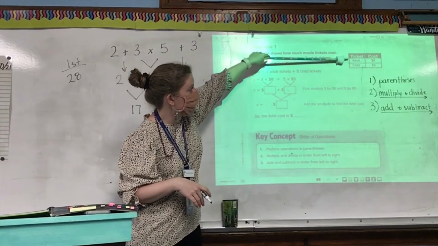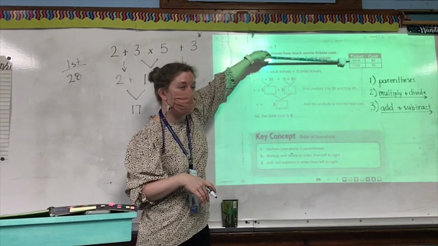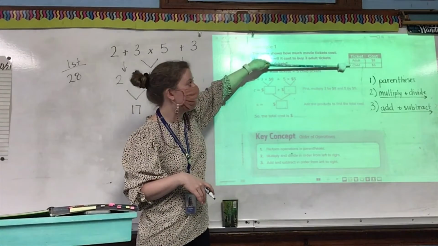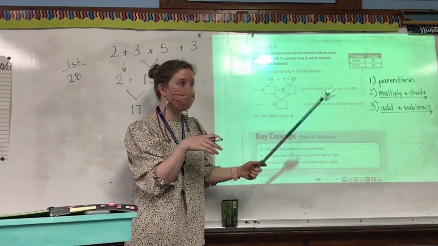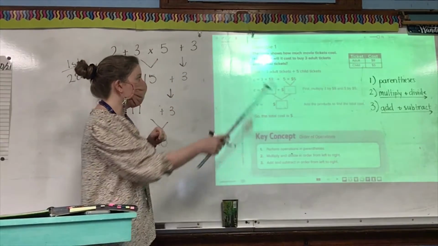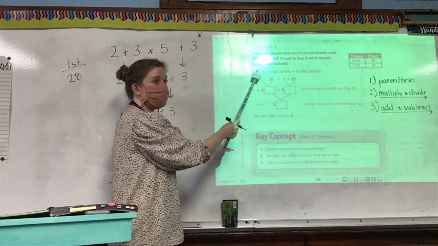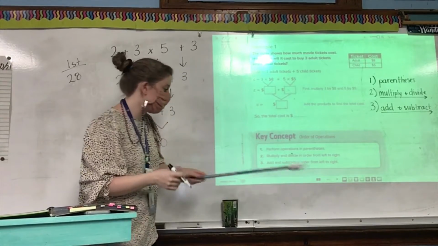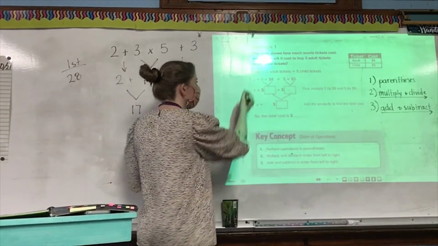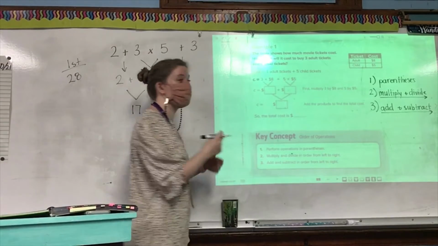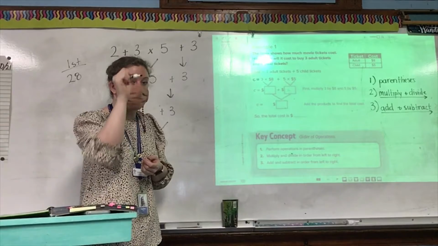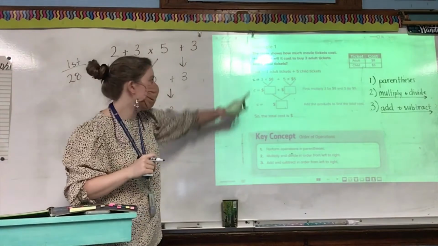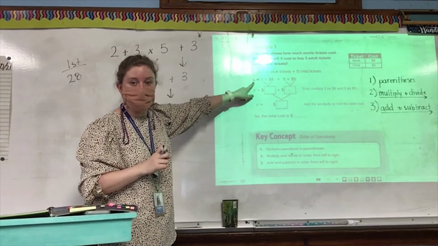That means we are buying 3 of these adult tickets at $8 each, and we're buying 5 of these child tickets at $5 each. So we have to solve. That means we're taking the cost of the 3 adult tickets that are $8 each and adding the cost of the 5 child tickets. So your expression looks like a C, which is the cost. Remember, even though it's already there, please use your pencil to actually write over top of it so that you get that muscle memory. They used a C for the variable for cost,